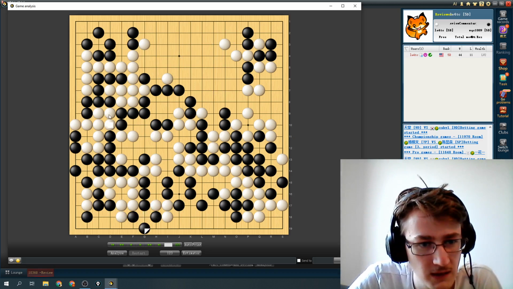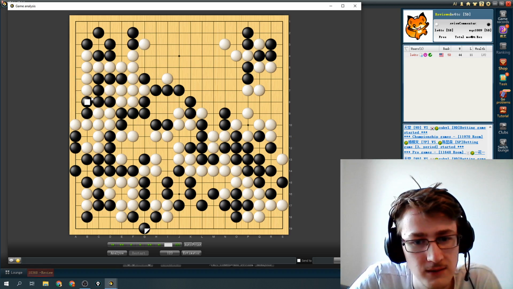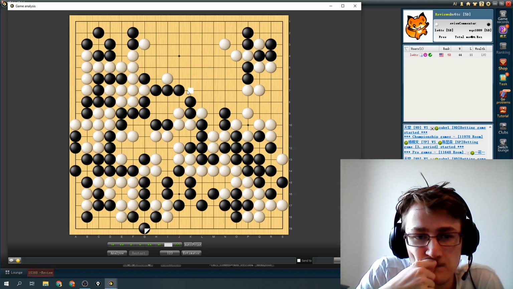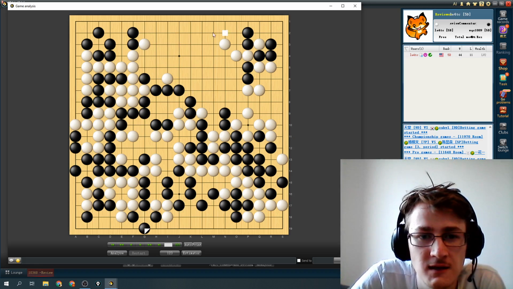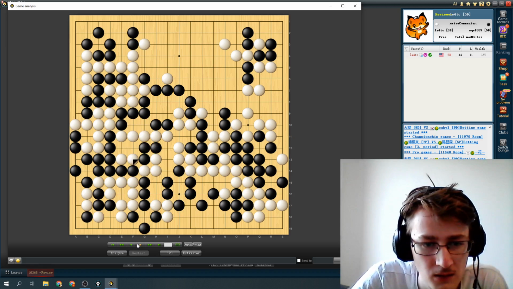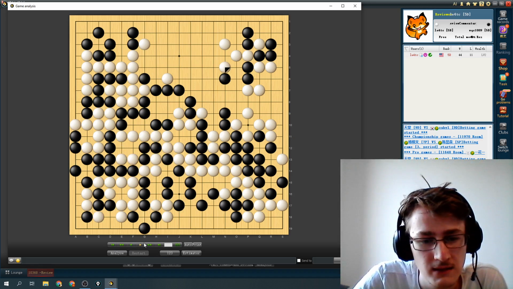I still thought the game was good for me at this point just by having captured this, but I guess black made it up. And it depends on if I can actually make points somewhere on the top. And black has now made quite a strong group here, so yeah. Okay, so black died here, and then